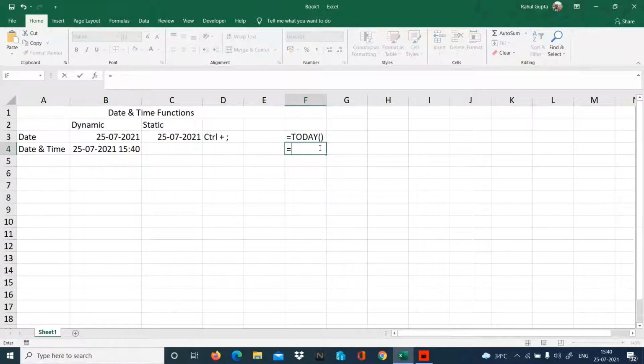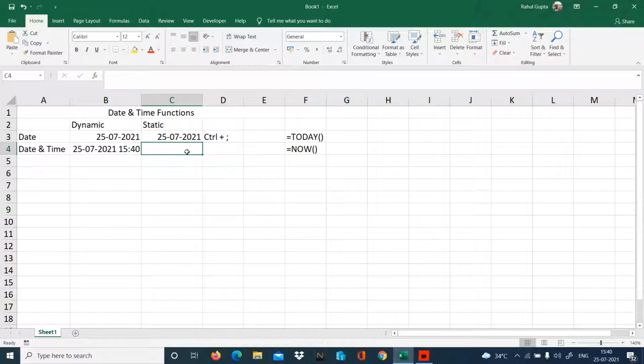For static, I'll press Control semicolon or Control colon, that is Control Shift semicolon, because with the help of Shift only we can type a colon. So this is how we can get dynamic and static date and time.